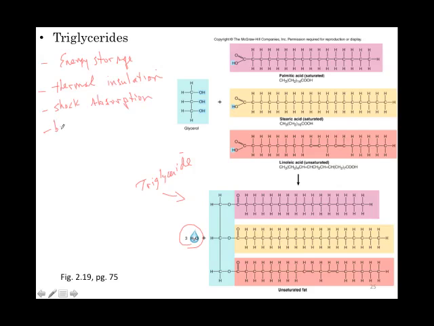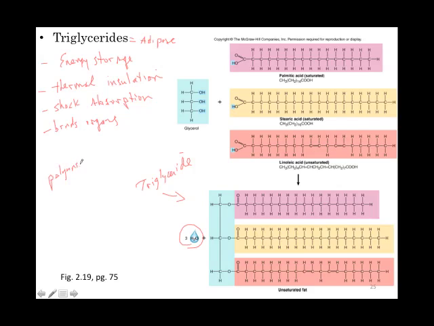And they help to bind organs together. And we're going to find this mainly associated with adipose tissue, which is clusters of individual adipocytes, or individual adipose cells. Now, we can have, as I said, saturated and unsaturated,